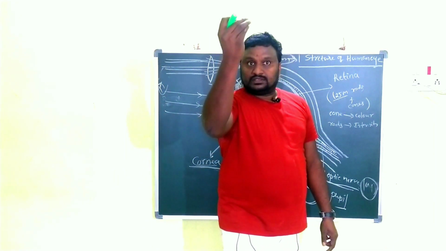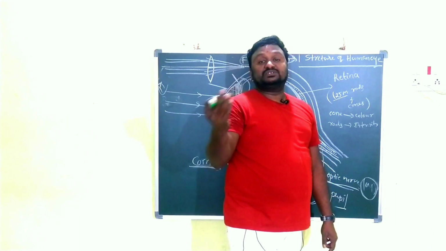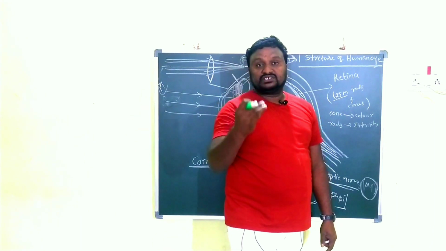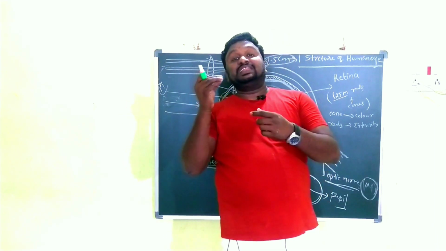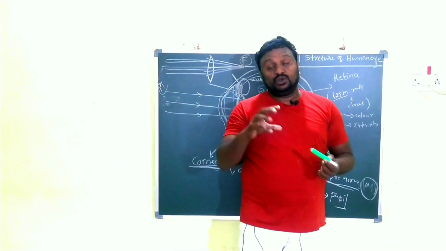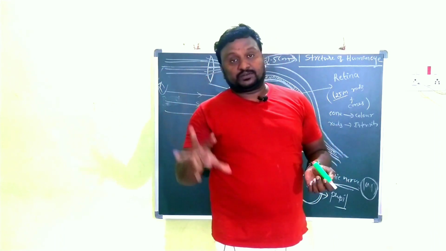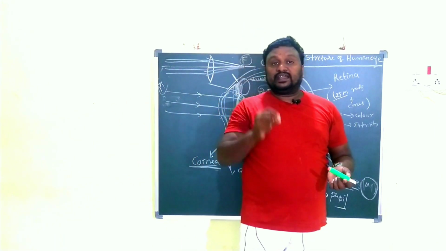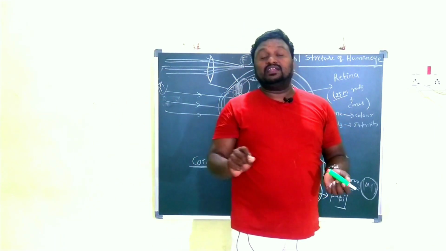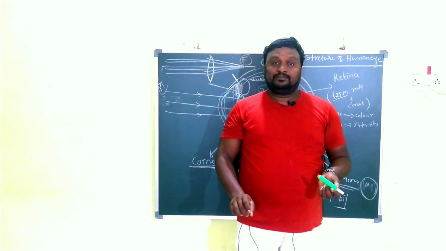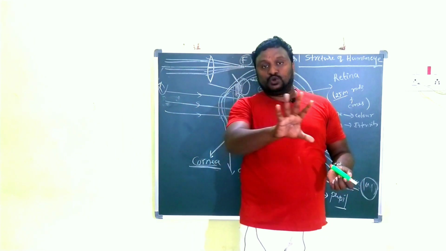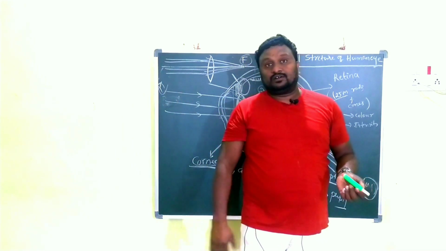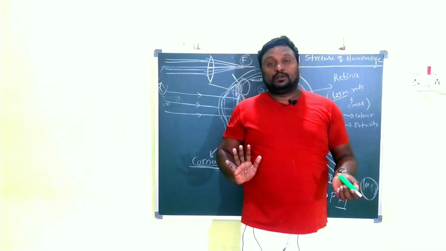The iris acts as the controller of light. When the object is at a far distance, it allows more light. And when the intensity of light is high, it allows less light. So that's why the iris acts as the controller. The pupil is in the middle of the iris and allows all the light. It is black in color, and because it is black it can absorb all the light. There is no reflection of light once it enters the pupil.